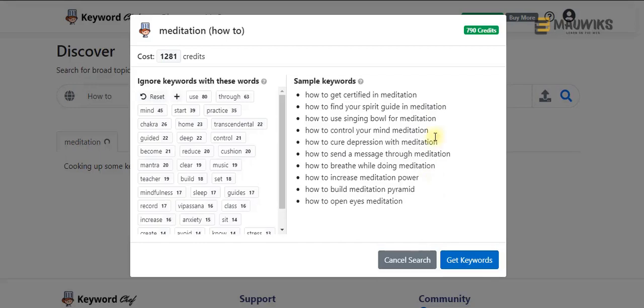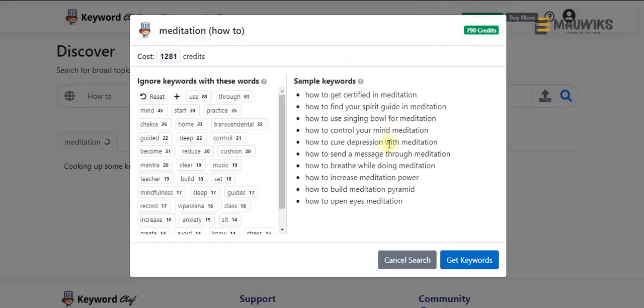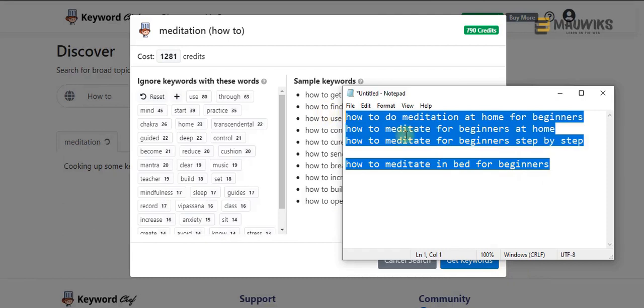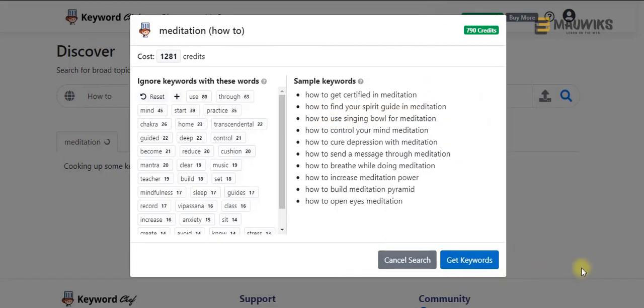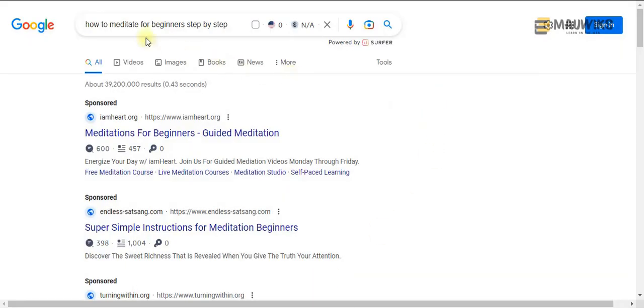And then after that, we will validate it through the number two method that I've written here, which is based on the Ahrefs website authority checker. So we need to first plug in the keywords that we want. So let's just leave it as is here, and we'll go through it later on. First, we need to validate these keywords that we've got from the Google search suggestions earlier. So let's go back to our